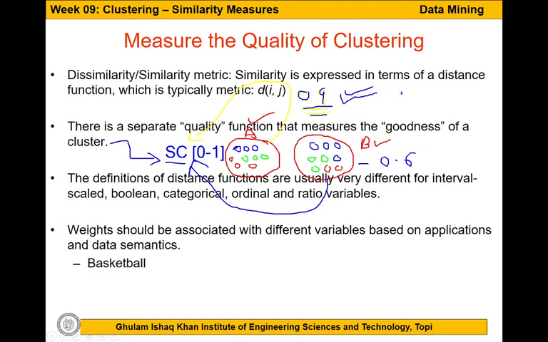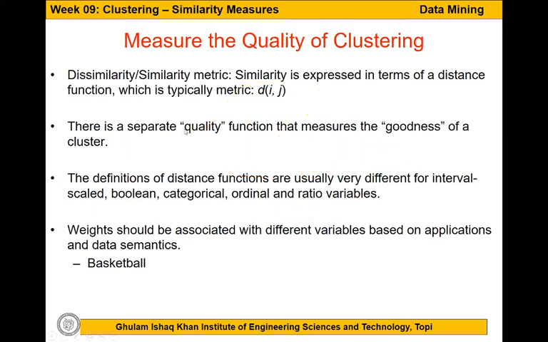Now one question can turn up in your mind: why are we getting multiple clustering formations, right? We can get a whole ton of clustering formations for the same data, because we are dealing with an unsupervised learning problem. We do not have the ground truth, so we don't have the exact answer which we want to obtain. That is the reason we rely on quality measures to gauge the quality of our results. So coming back to what I was saying about the dissimilarity or similarity matrices, the definition of the